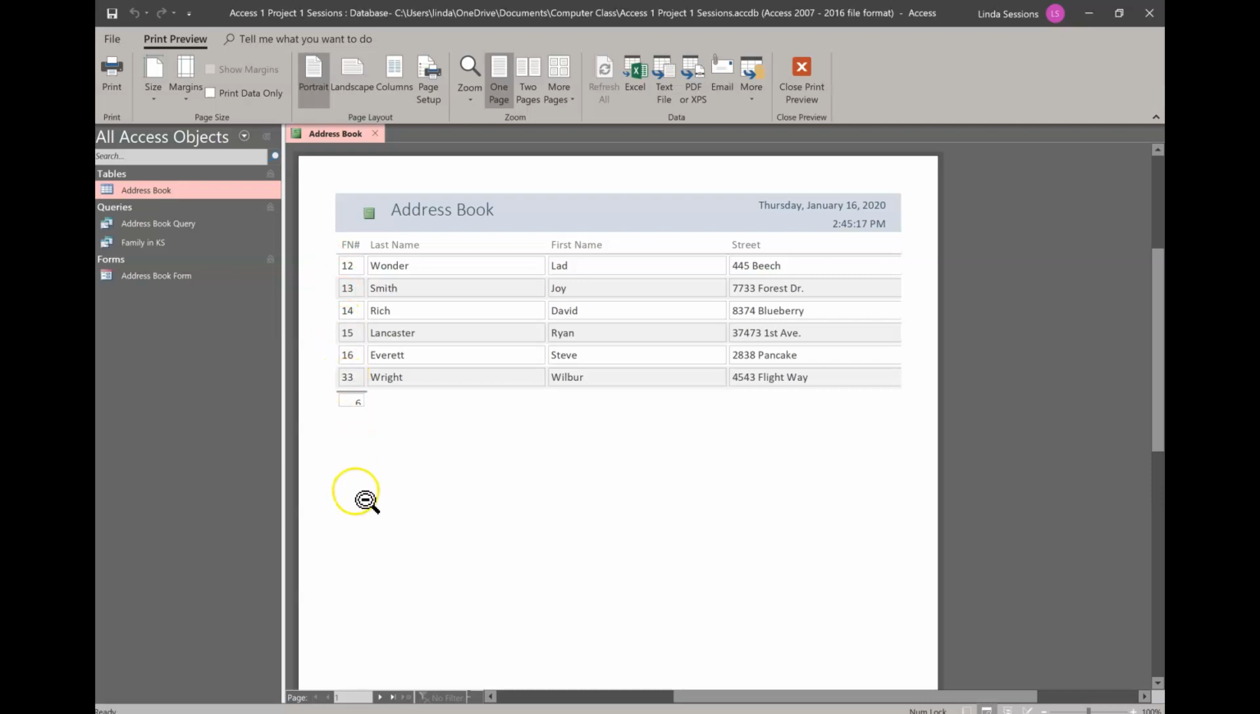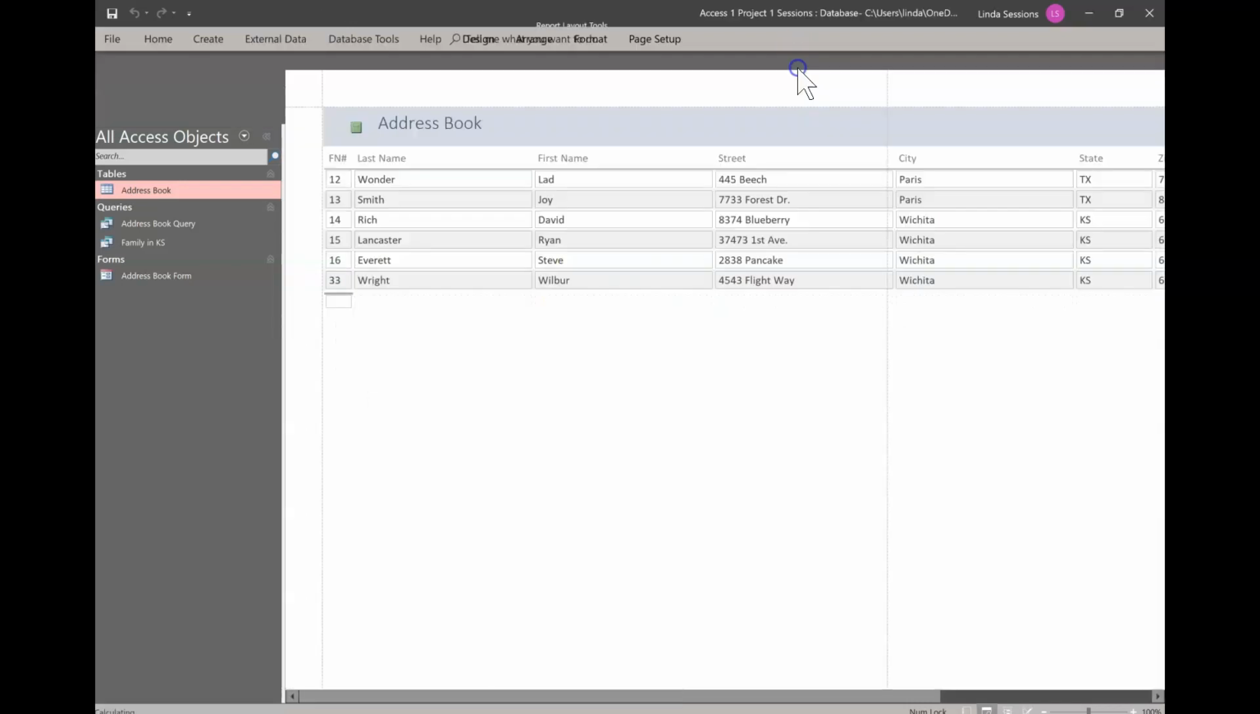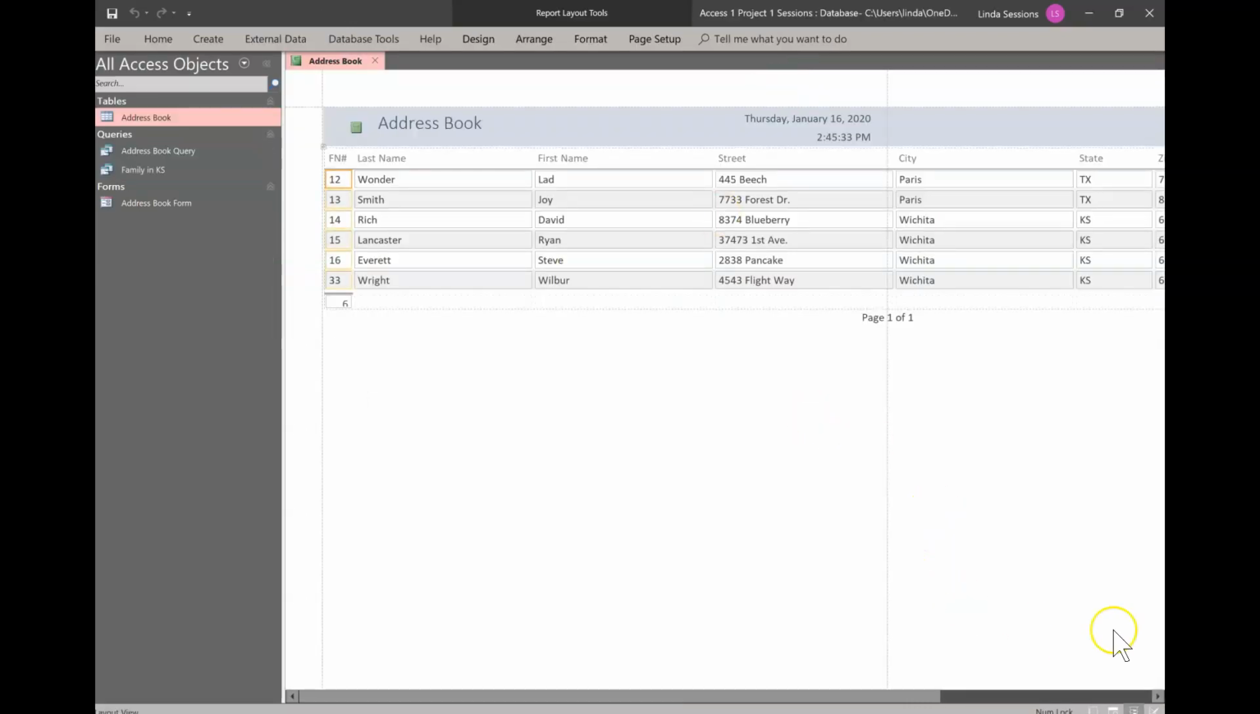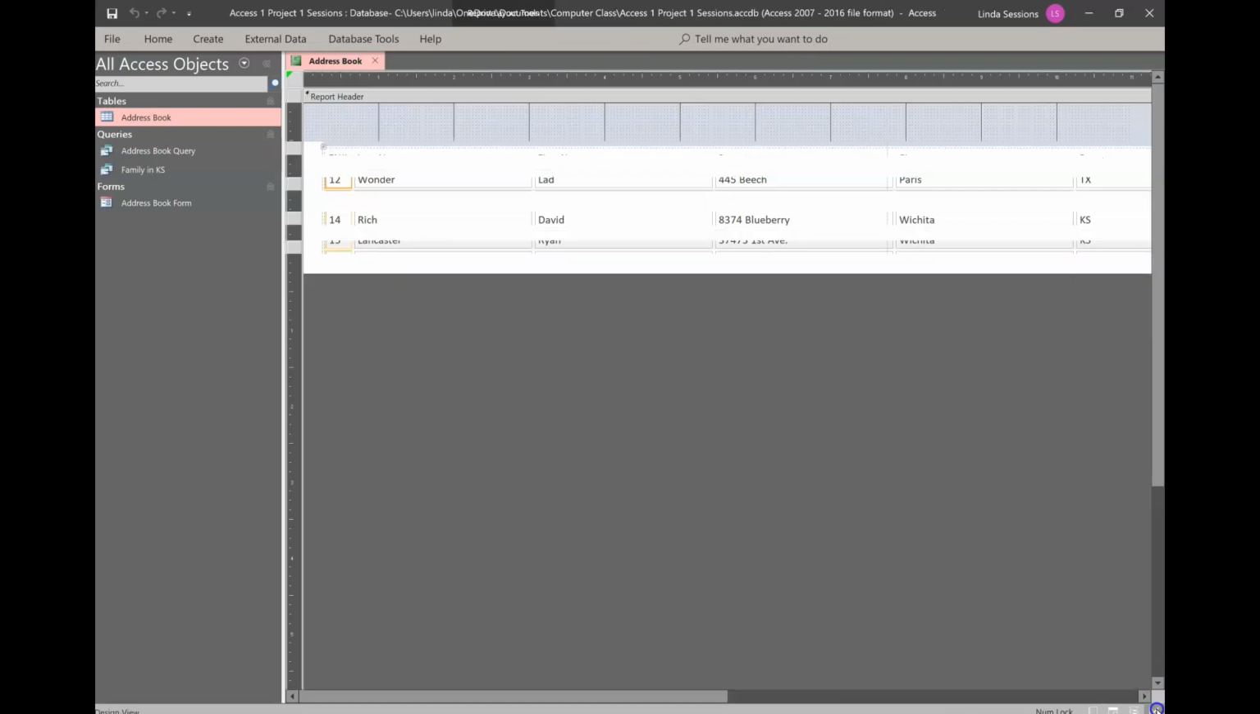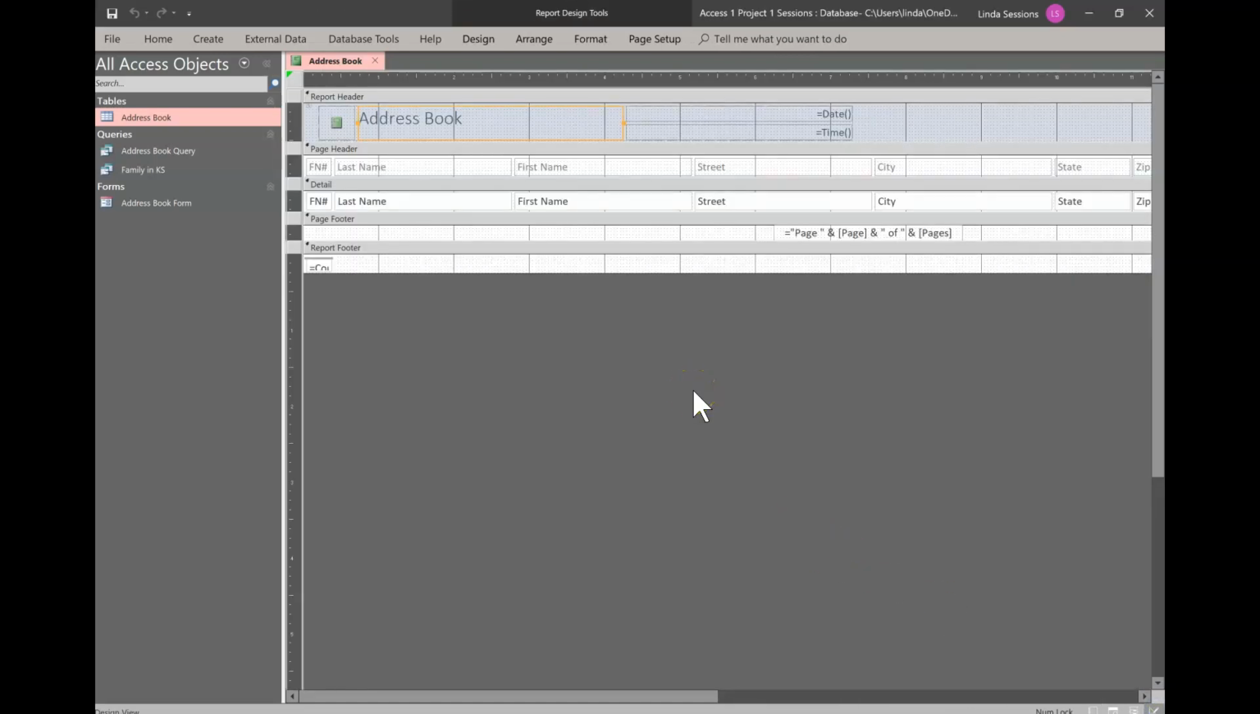And it is going to miss some information in here. So we can go back in and we can make some changes. I'm going to close Print Preview. I'm going to come down here to Design View. Now the design view in the report is really kind of overwhelming. What we're going to do is make each section smaller. So here under last name, if I click under the detail,